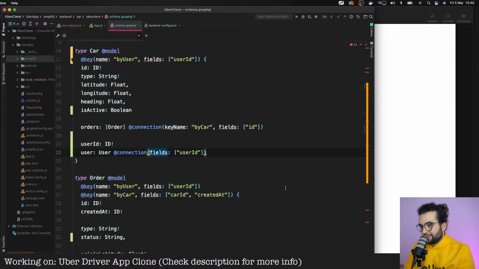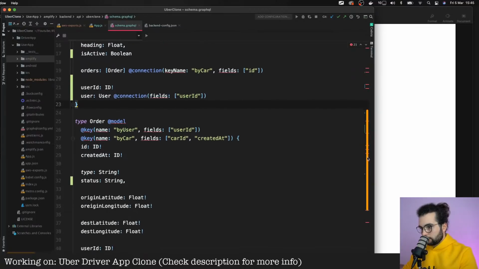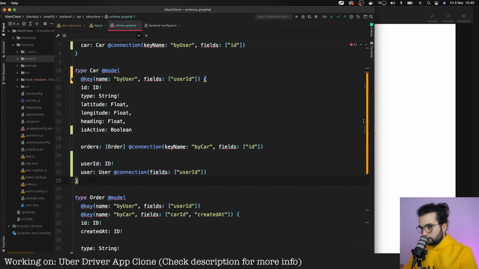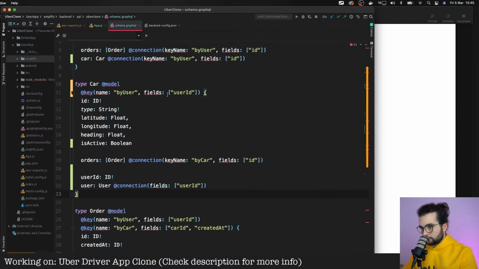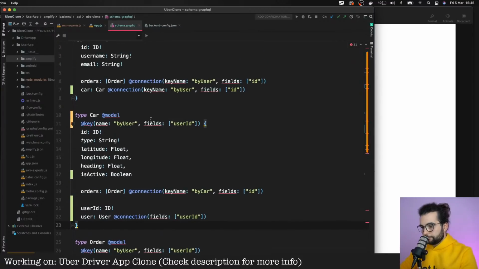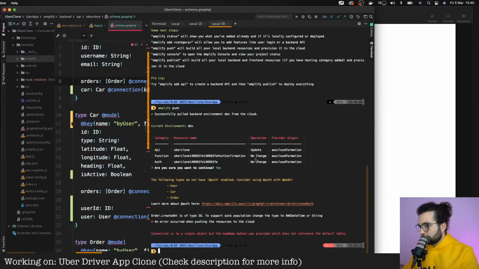I thought that this is the user model. So here, fields user ID. Yes. ByUserID. What was there again?